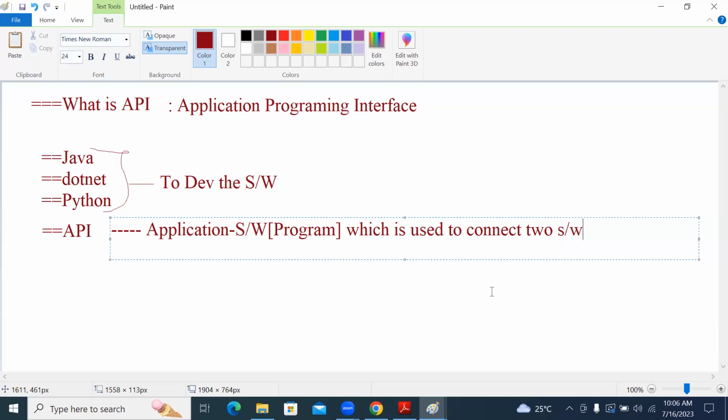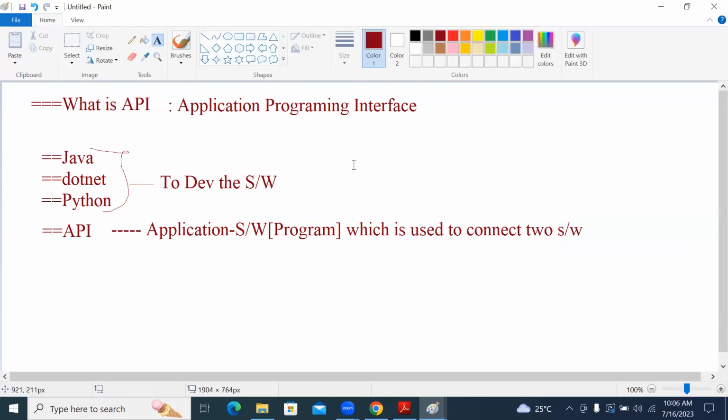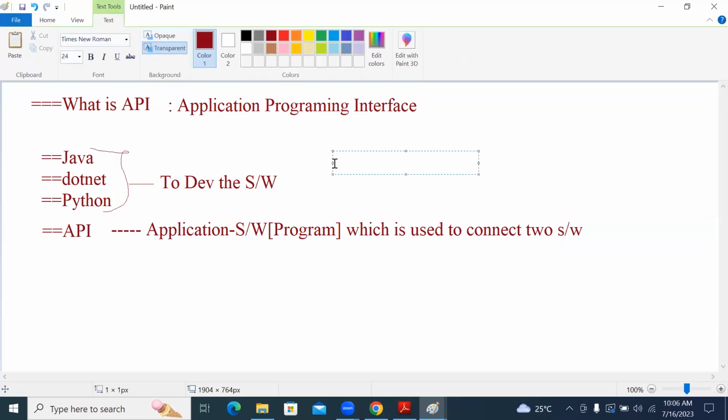For example, the best example is a supermarket. Assume that related to the supermarket, one software has been developed by using Java, for the respective supermarket.